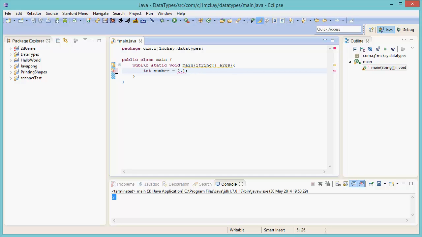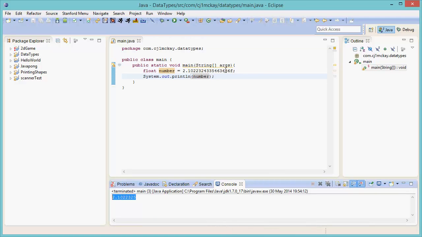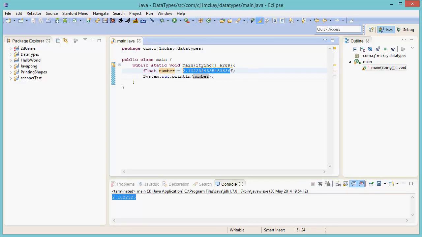If you do want decimal places, we're going to need a float. So a float lets you have decimal places at the end, but you need to remember the f. The float is just a 32-bit number, but you can obviously have decimal points at the end, which is very helpful in some cases. So yeah, and we can just print this out, control space, number, and run that, print out that number, except I think it might have rounded it, because